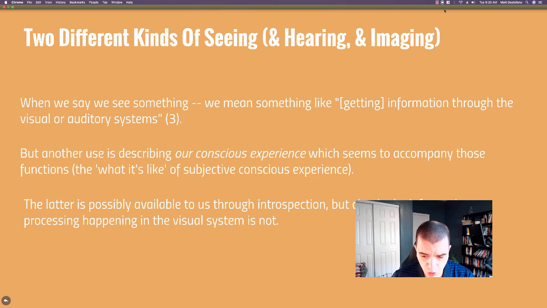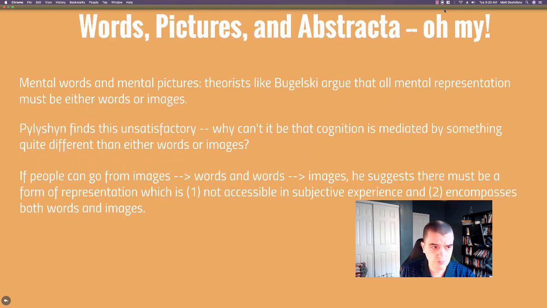Plisson thinks this is an important distinction because the implications that image has are all implied by this latter version of seeing or image, the conscious experience of it. And he thinks maybe we're packing too much of that into this sort of more basic level explanation. So one of his big targets in this paper is Bugelski,